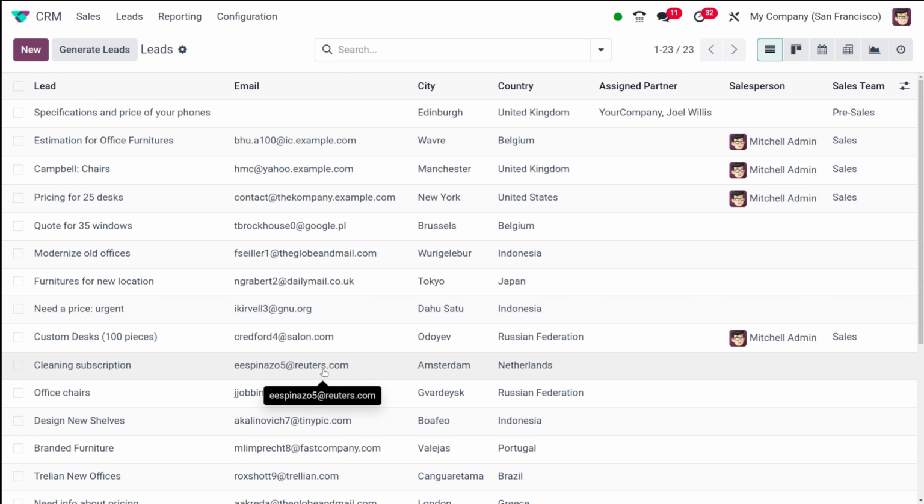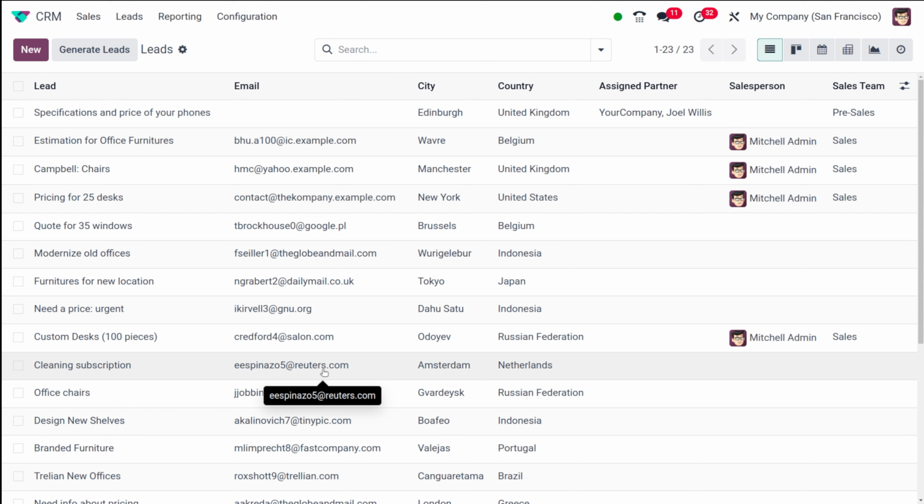You have to make sure, there are a lot of things that you have to take a look at while you are merging the leads. Only the similar ones: if they are of the same company, the same email and all, then you can merge. But similar domains don't mean they belong to the same company or it's the same person. So you have to check every detail while you are merging. And that's how you effectively manage similar leads and opportunities in Odoo 18 CRM.